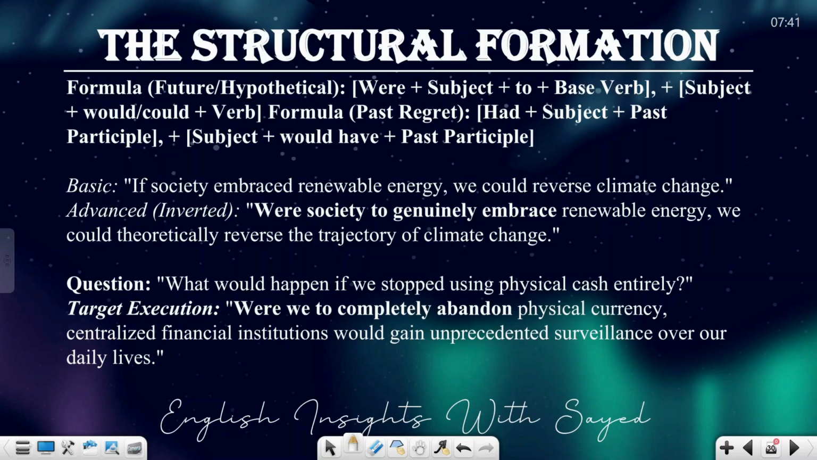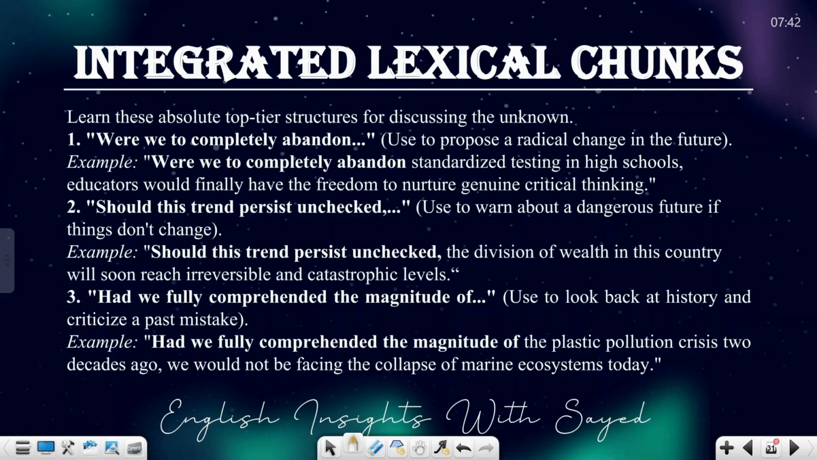So, were society to genuinely embrace renewable energy, যদি এটা করতে চায়, we could theoretically reverse the trajectory of climate change. দেখেন এখানে sentence structure-টা আপনি আরেক রকম করে present করলেন। Were we to completely abandon physical currency, centralized financial institutions would gain unprecedented surveillance over our daily lives. So এভাবে where they are had দিয়ে দেখেন এখানে sentence একটা এখানে দেয়া আছে, had we fully comprehended the magnitude,